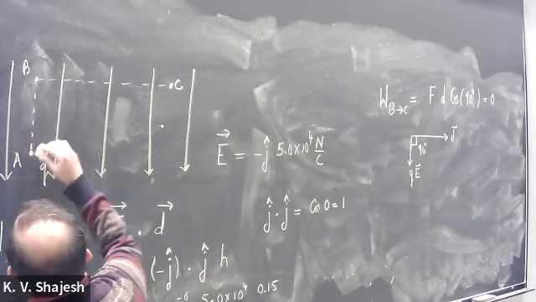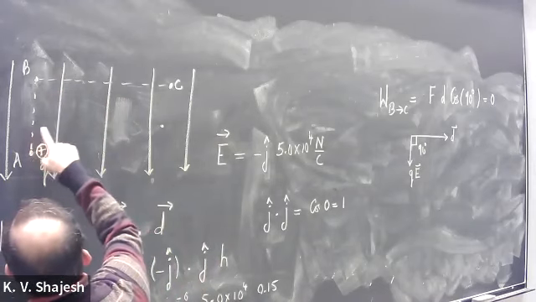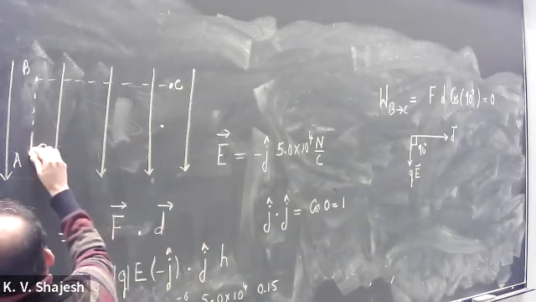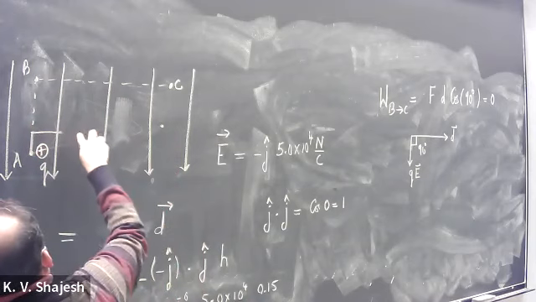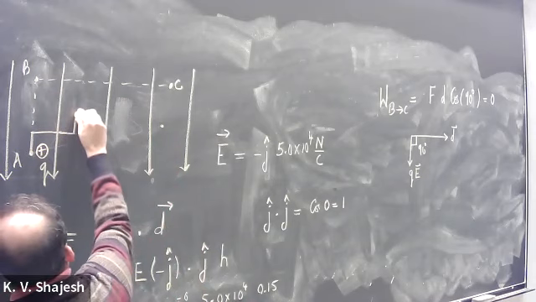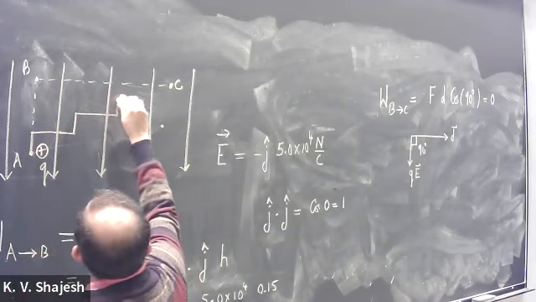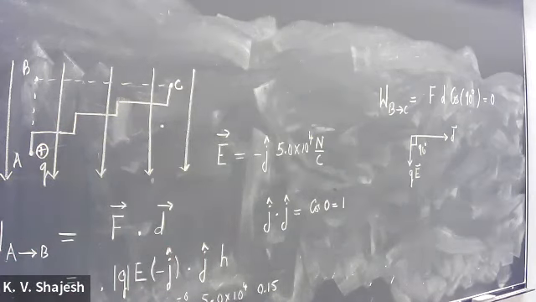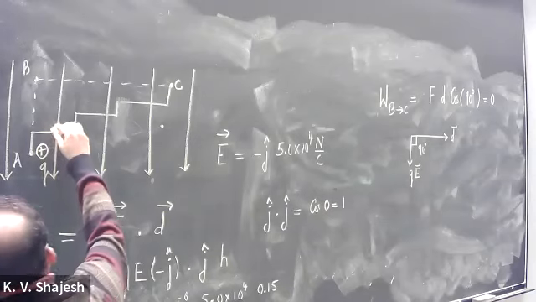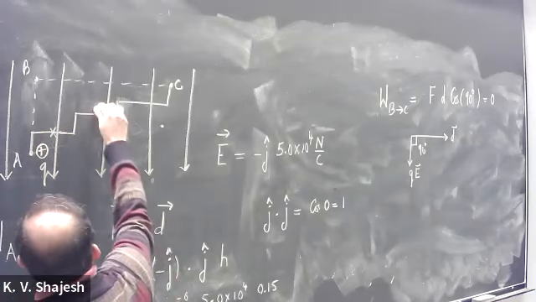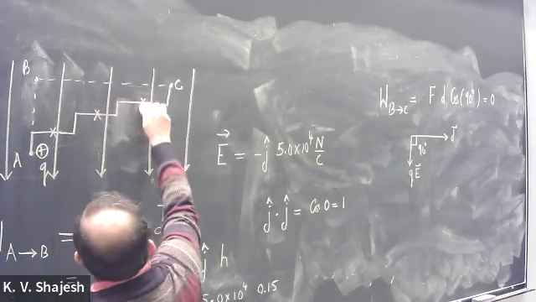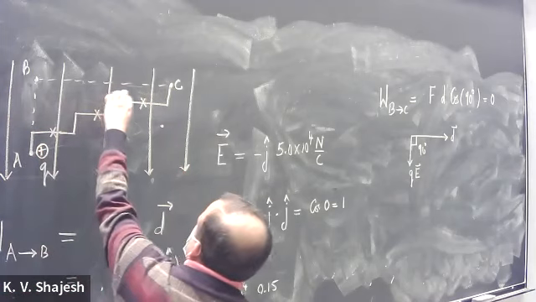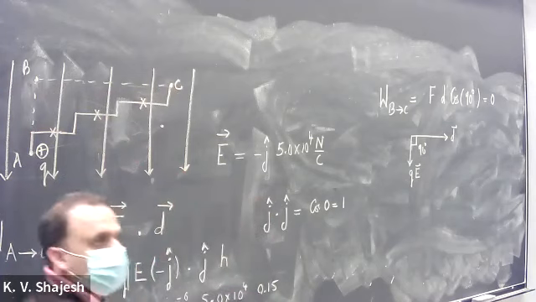The same idea you can now use, since there is no energy needed to go horizontally. If you want to reach point C, I can go up here, no cost in energy when I'm going horizontally. And I go here, then I go up, go down here, then I go up here and go like this. That's another way of going from point A to C. And you will notice there is no energy spent in this, no energy spent in this, no energy spent in this part, and all the vertical parts add up to actually going from A to B.